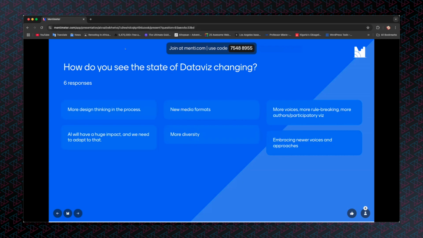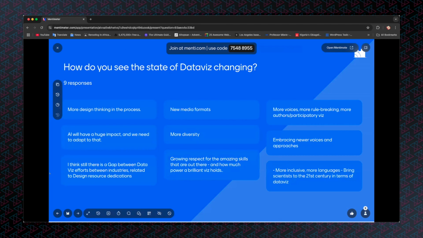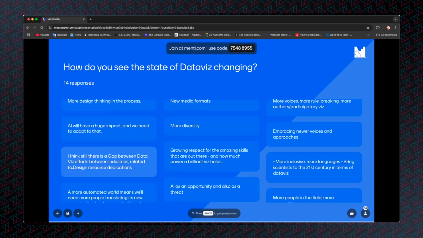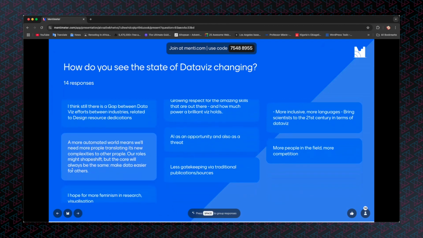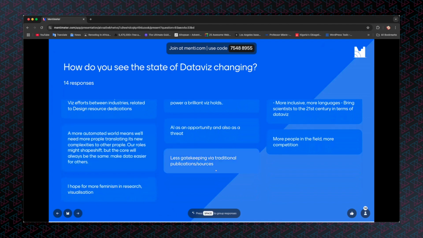How do we see the state of data viz changing? We can see the things popping up there: new media formats, more diversity, more design thinking in the process. Absolutely agree. The impact of AI will be huge. I've put a couple of links in the show notes and the chat box about articles I've written about this. I know Evelina's written a post recently about your connection to AI, Evelina, kind of what it means to you and stuff. So there are more people talking about this. It's a topic that won't stop now. But we don't have time to go through all these comments in terms of reading them back, but we will collect them and share them in the show notes. Some brilliant points there. We could do a whole podcast about these 15 responses alone.